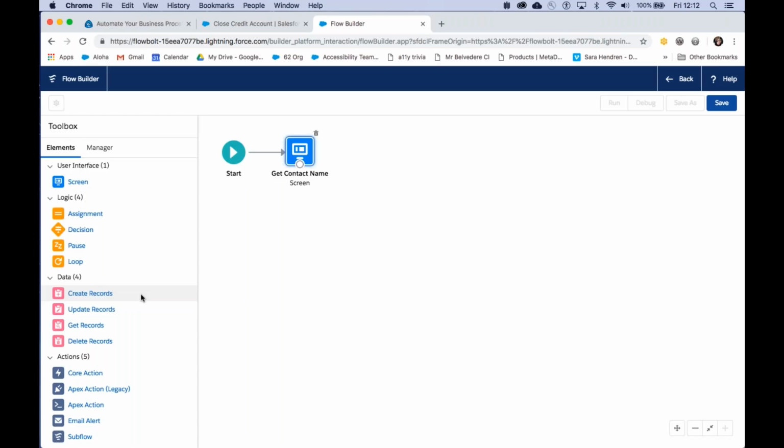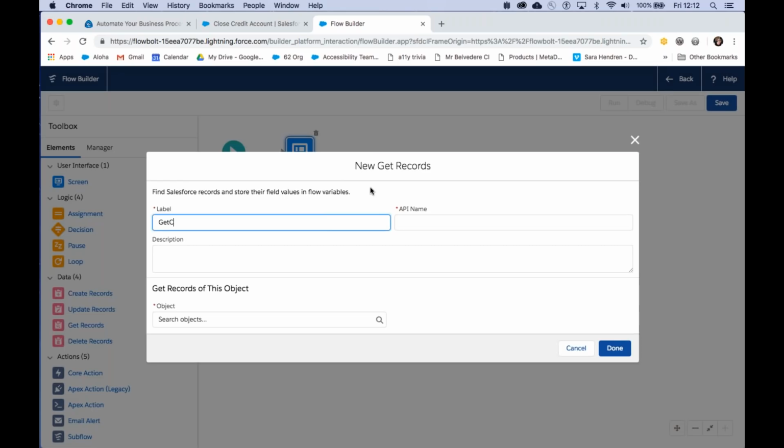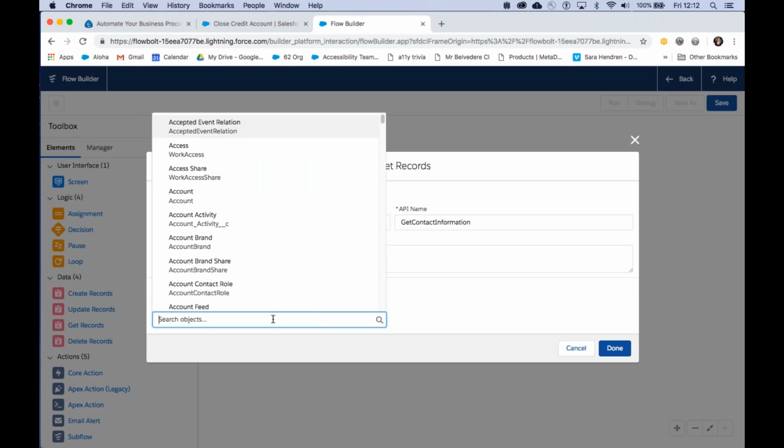And we had the same thing for records. We had record create and fast create, record update and fast update, record delete and fast delete. So we've basically gotten rid of that differentiation between the fast and the regular record, and we just call it get records. And when we get on to get records, we will then, let's put spaces in that so it's a little bit more readable, we then give you a number of options, and the options that you choose are the ones which determine whether or not you're going to use a fast lookup or a regular lookup. It all happens behind the scenes now.